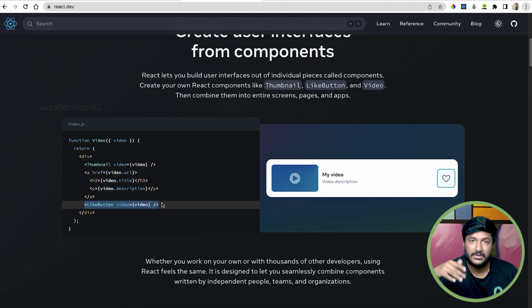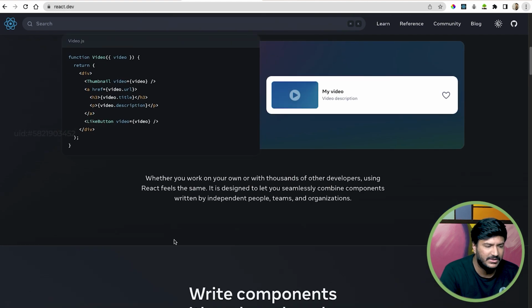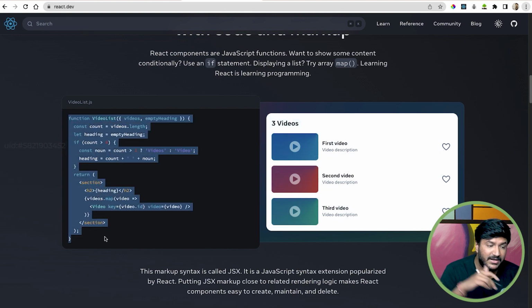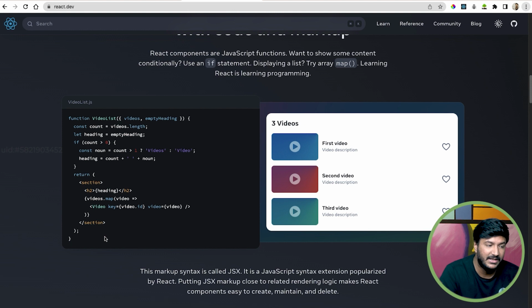So your code is much more organized, much more readable, and majorly broken down into smaller pieces, so it's not rendered all at once. We'll have a look at how this helps us. Similarly, they are saying that you can reuse components. For example, rather than writing the same piece 3 times, we are using a for loop to render the same code 3 times with different data.